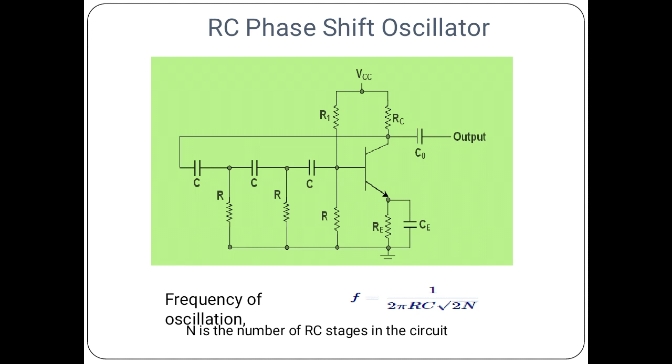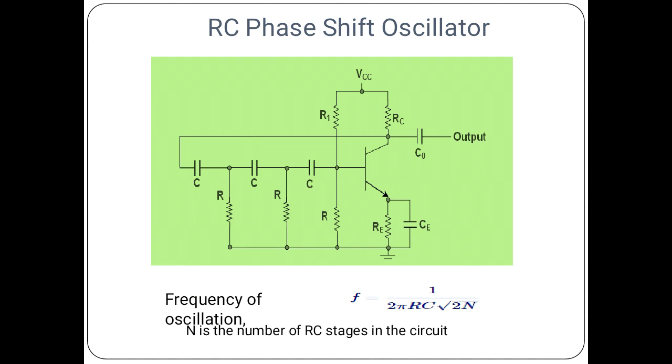This is the circuit diagram of RC phase shift oscillator. In the construction, it has a common emitter amplifier, biasing resistors R1 and R2, which are used to provide the necessary bias to the circuit, bypass resistor and capacitor RE and CE respectively. And it has 3 RC pairs as the feedback network elements.